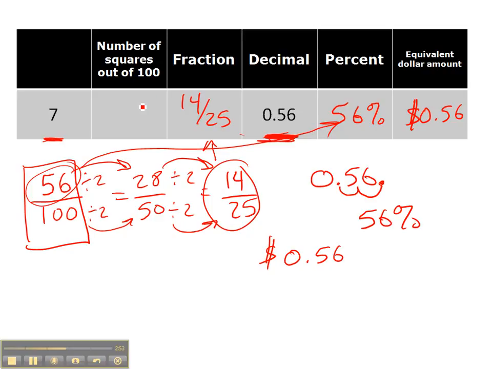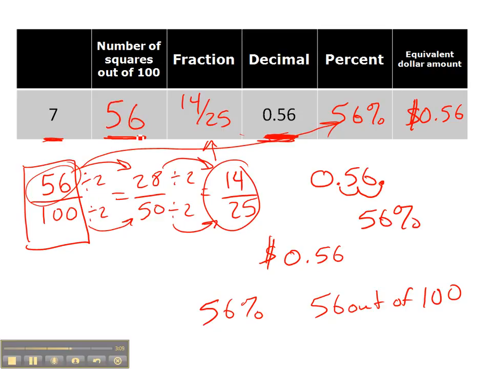And then number of squares out of 100. Well, if it's 56%, that means 56 out of 100. So if we had a hundreds grid, we would shade 56 squares. So these are all the forms for number 7,